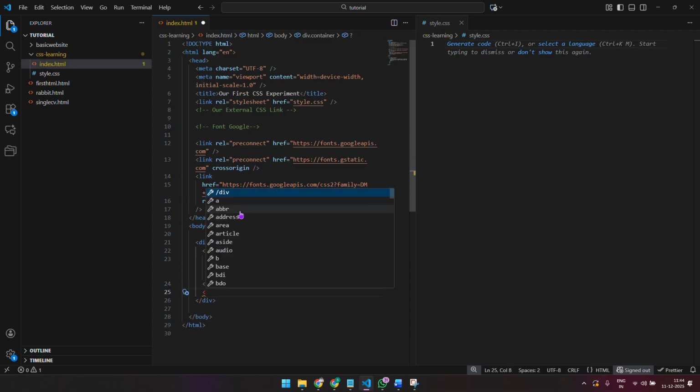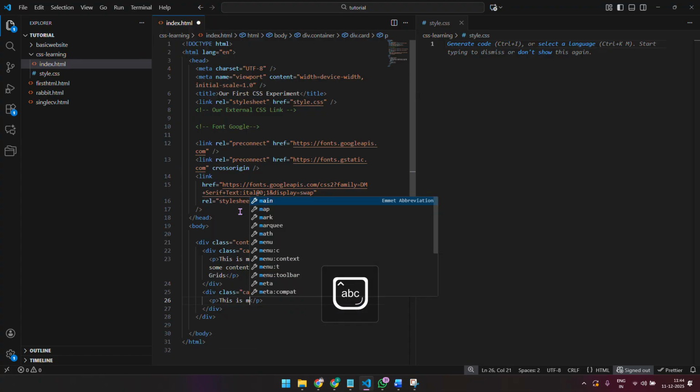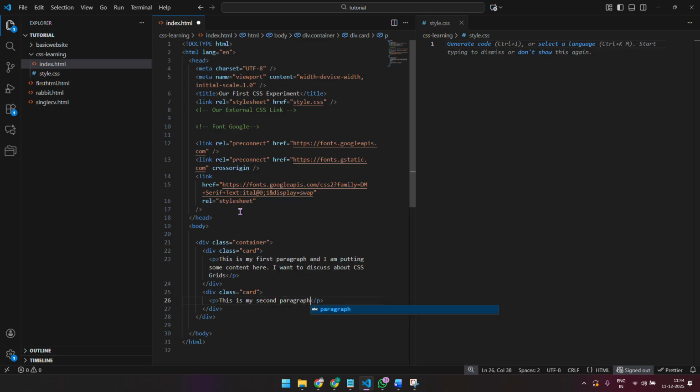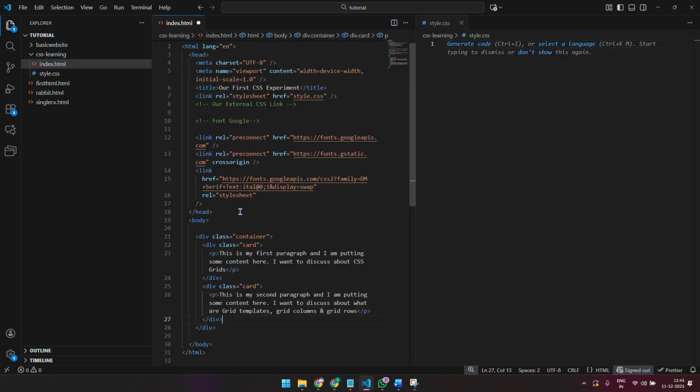We'll create another div here. Div, we'll call this class card as well. This is my second paragraph, and I am putting some content here. I want to discuss what are grid templates, grid columns, and grid rows. Alright,